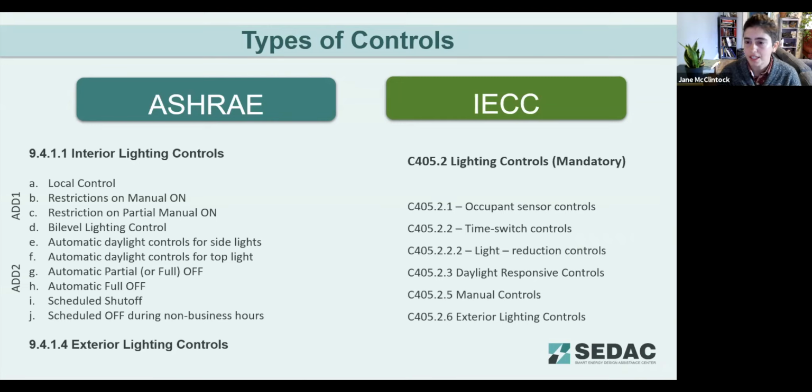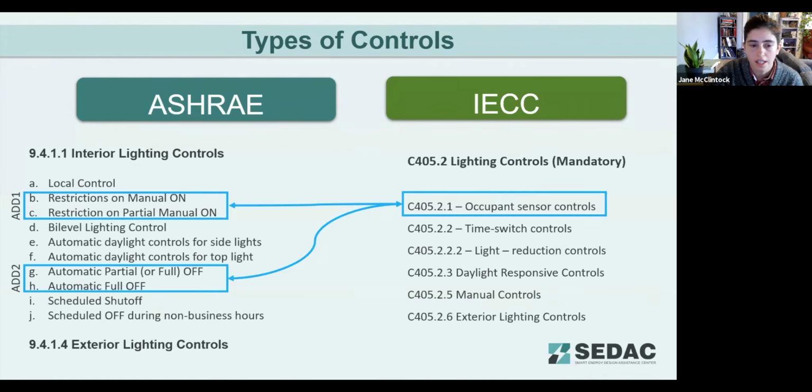So one thing that I think is already somewhat difficult to grasp from the poll question is that in the IECC, those occupant sensor controls incorporate a few different controls in ASHRAE. So the occupant sensing controls, if we look at C405.2.1, are required to do a few different things. So for the spaces which are listed in